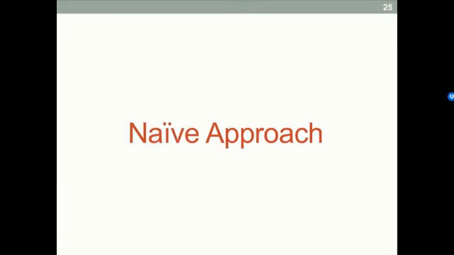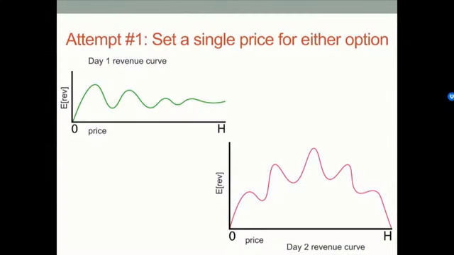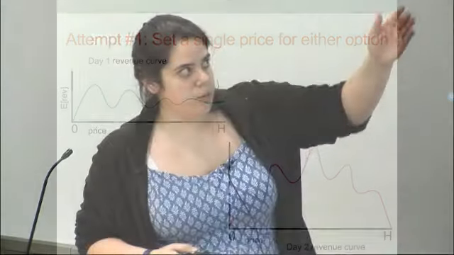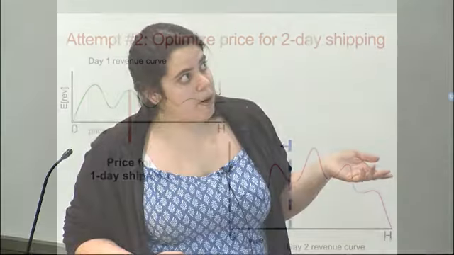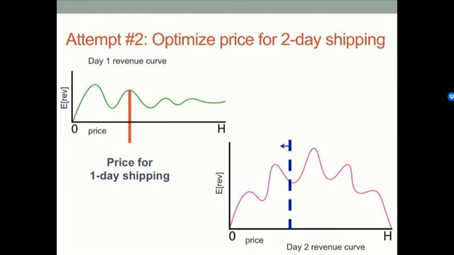Okay, so one more thing I want to point out is that if you were to just take the most canonical approach to solve this problem, you might say, okay, what if we just set the best single price? We know that in this case, this was where the day 1 price was cheaper than the day 2 price. Maybe what we should do is just set the best single price. And sometimes that's optimal. But also sometimes you can further optimize on day 2. You know that now you've set this price on day 1, and so for day 2, you can set an even better price.